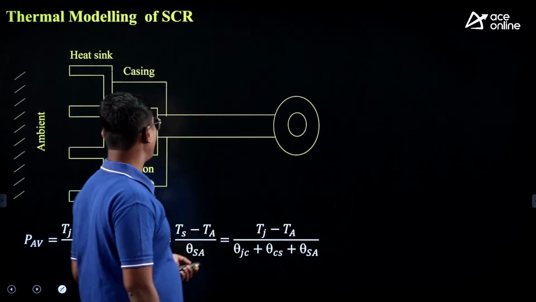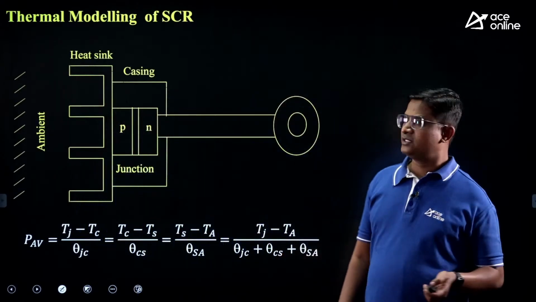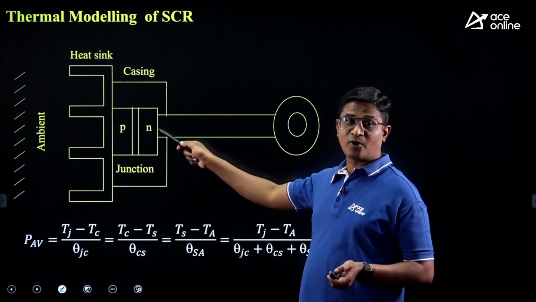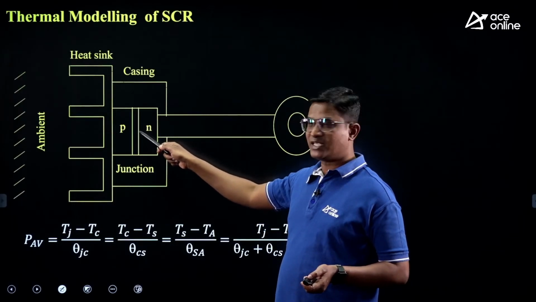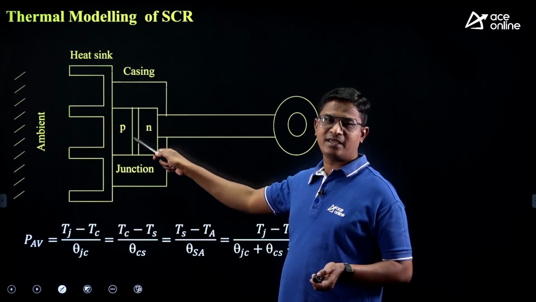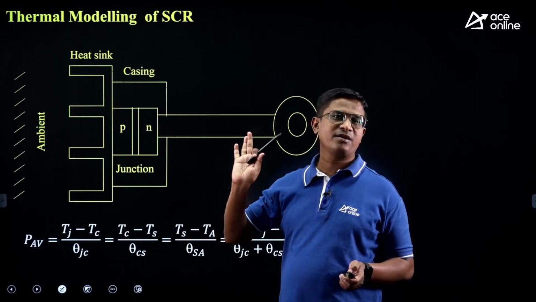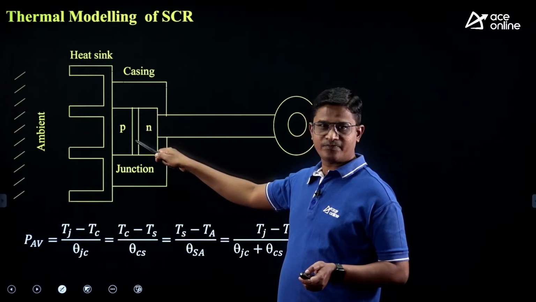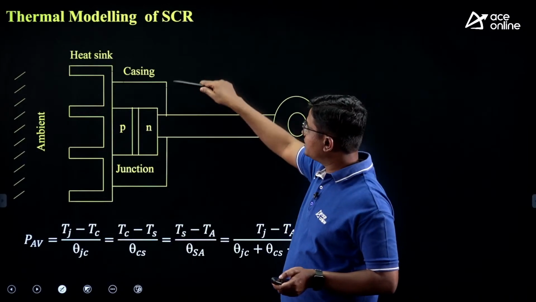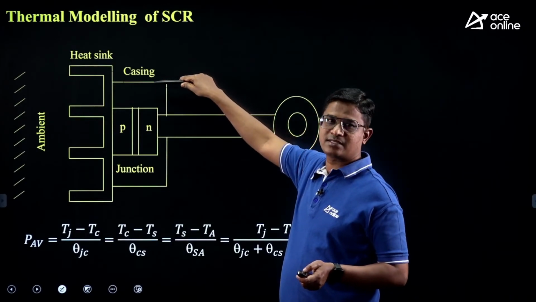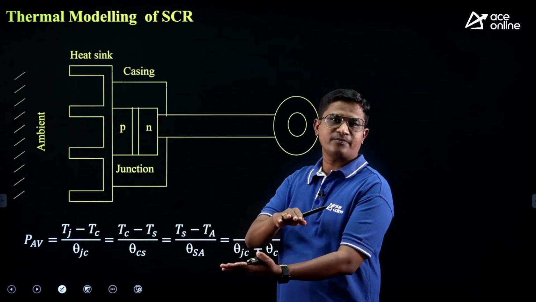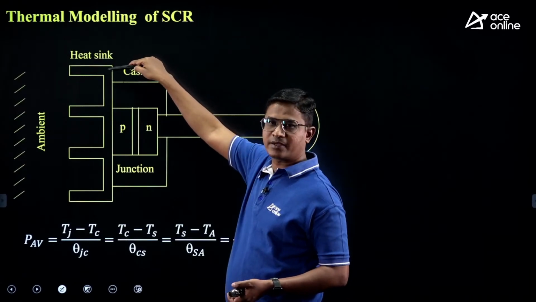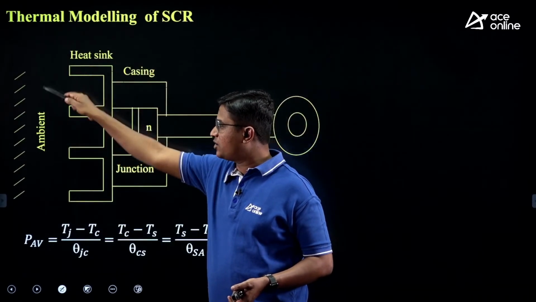Next, thermal modeling of SCR. This is your SCR. In a practical case, how are we mounting the device? This is your device, SCR, or you can say any semiconductor device. Let us consider here it is an SCR. This is the body of the SCR, right? We are placing it on a case. The case is like a supporting structure, right? After that, we put this structure on the heat sink, okay, and this is your ambient or surrounding